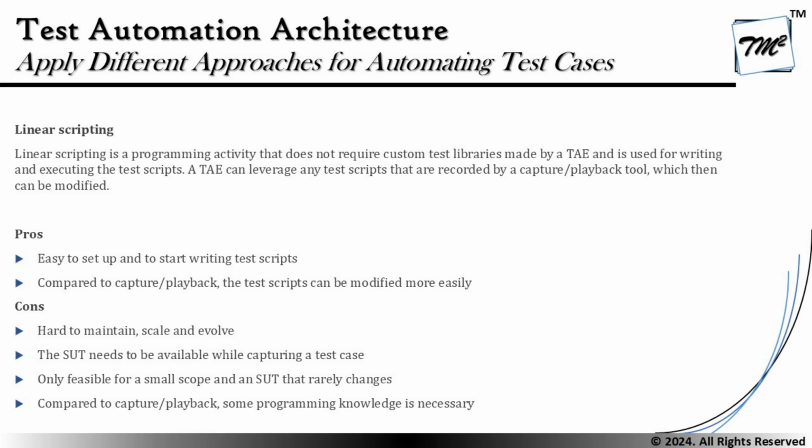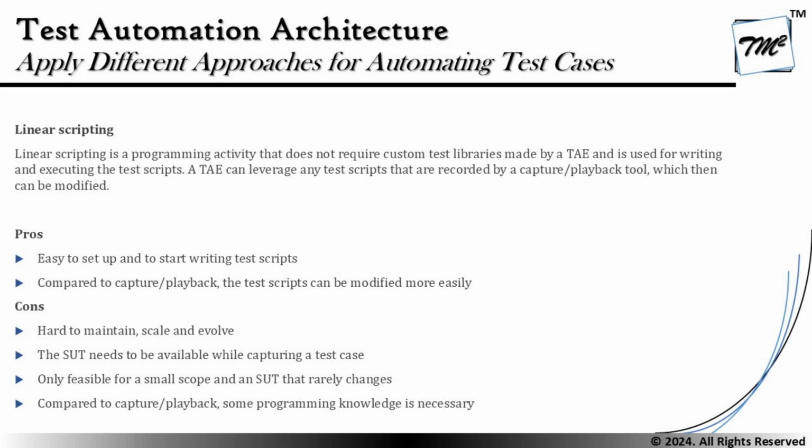The next one we have for you is, of course, the linear scripting method, where linear scripting is a programming activity that does not require custom test libraries made by the test automation engineer and used for writing and executing the test scripts. Here, a test automation engineer can leverage any test scripts that are recorded by a capture playback tool, which can then be modified. Initially easy to set up and use, but as we saw from the previous method, right? So